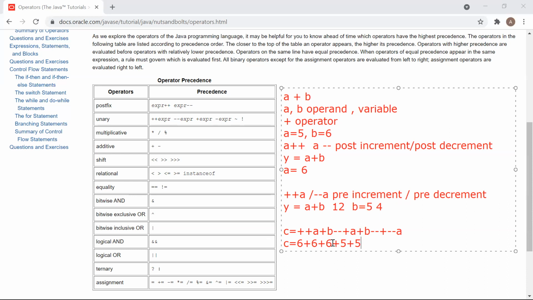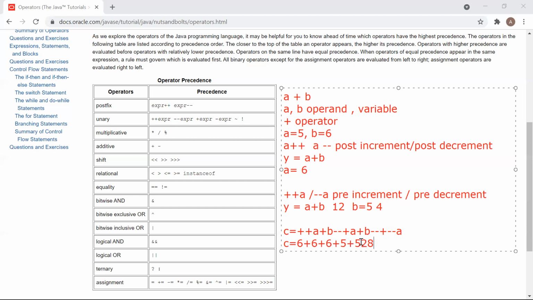What is the a value? 6. Plus b--. Again, you are going to use the b value 5, and then decrement it to 4. Plus --a. What is the current value of a? 6. And it is pre, so you are going to first decrement it by 1 and use it. So it will be 18 plus 5, 23, 28. So 28 will be the result.